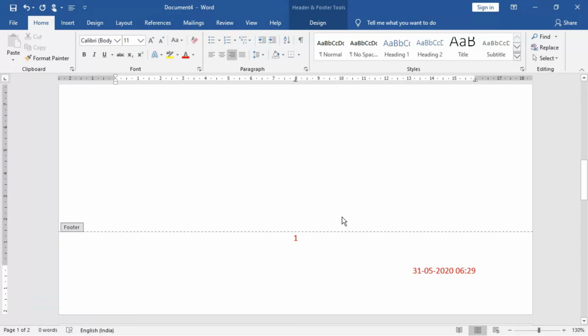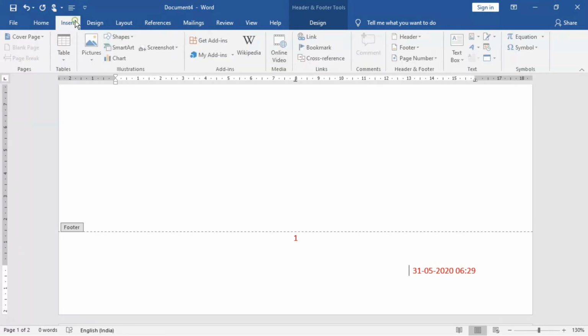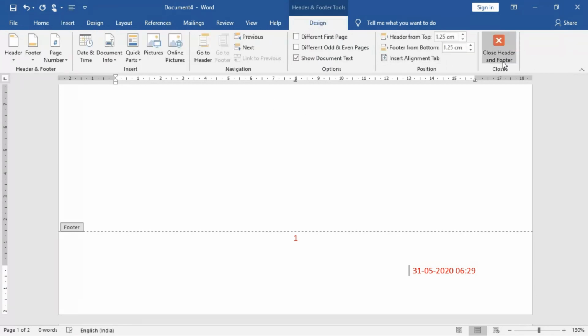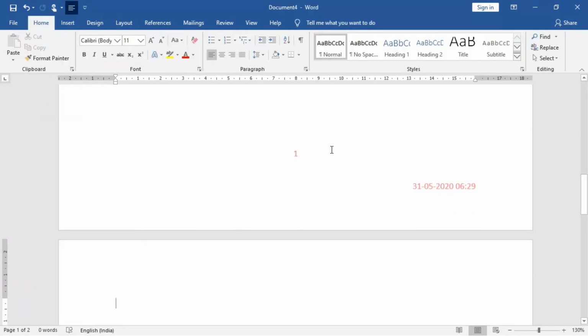So this is almost the same as the header, how to insert a header, how to manage pictures and all the things. So that is the way. Okay, so there is no difference, only the footer will appear at the bottom of the page. That is the only difference, and you will find this also under Insert, under the Header and Footer group and the Header and Footer option. And if you want to come out of it, in the same manner you can go there and click on the Close Header and Footer option under the Close group. Fine. So if you close it, it will be closed out here.